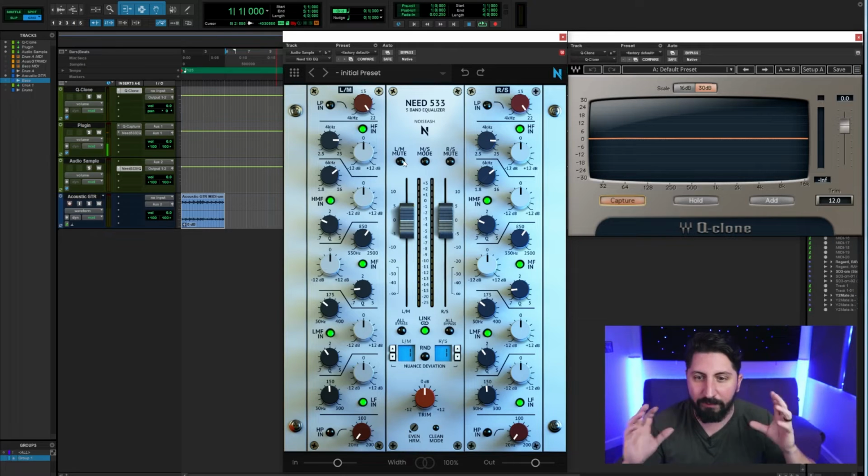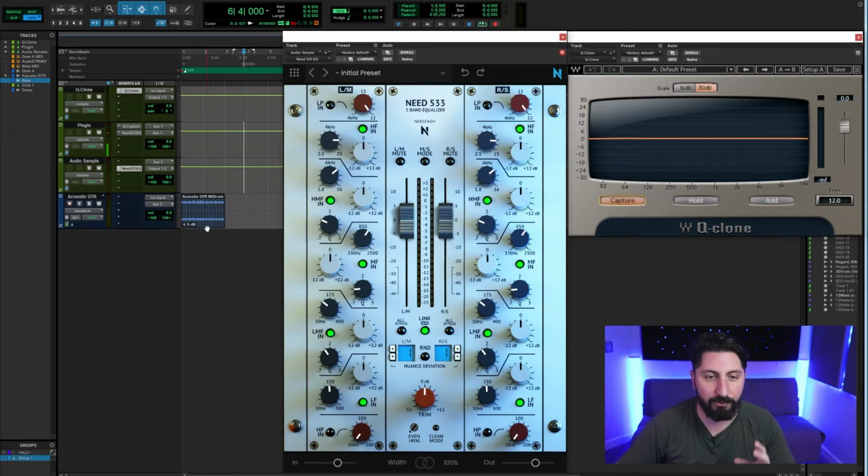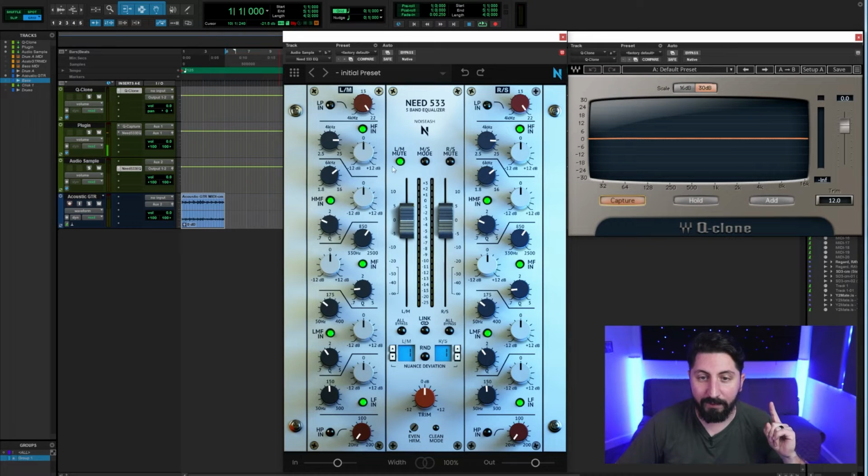So that might sound a little complicated, so I'm gonna go ahead and demonstrate. But before we can do that, what we need to make sure to do is click this blink button and disable it. So it's disabled. So what that means now for us is if I press play, and I go ahead and click this button